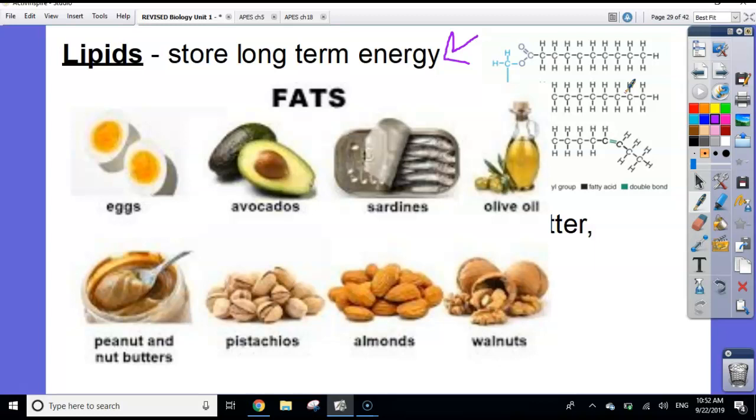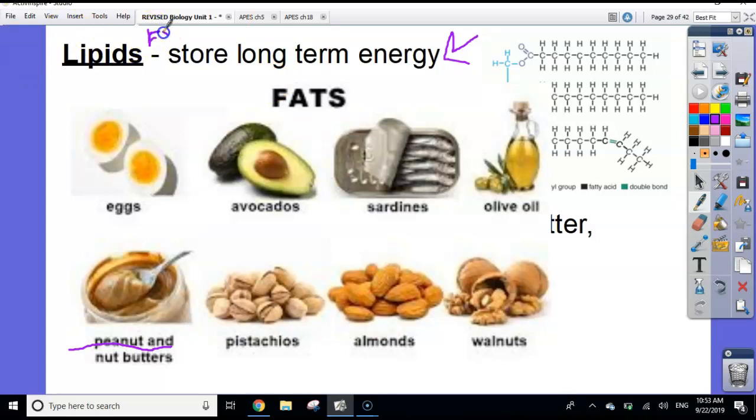Remember we talked about if you give your brother Skittles, he'll be bouncing off the walls for a while. Okay, and that's because it gives him a lot of energy, but really quickly. Lipids give us energy for a long period of time. That's why if you eat something with peanut butter or something with fat in it, like maybe bacon or pizza, cheese has fat, you're going to stay full longer because it takes longer to digest and it gives you energy for a longer period of time. So another name for lipids is